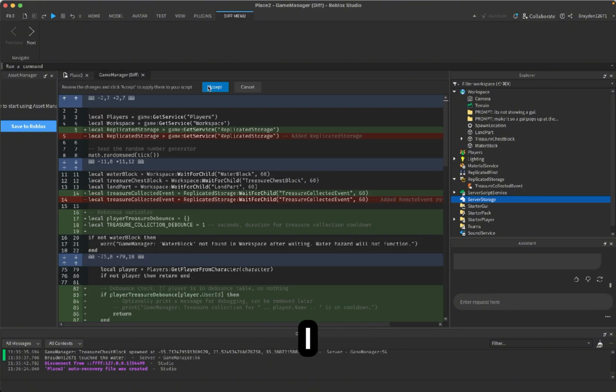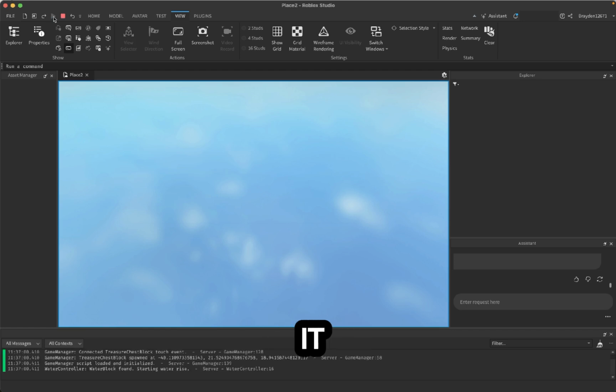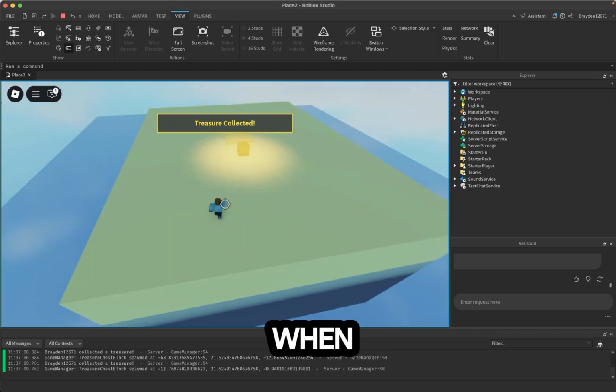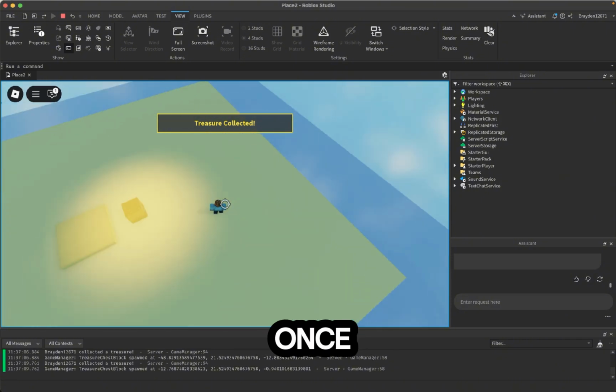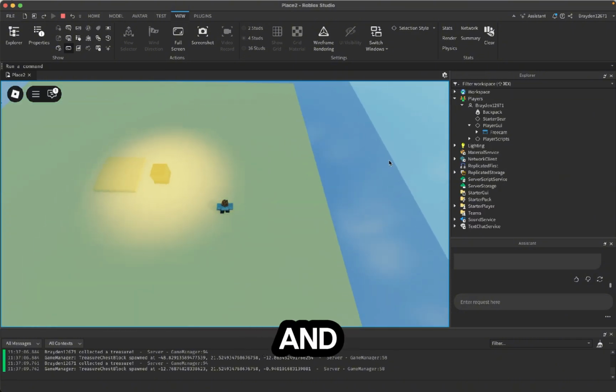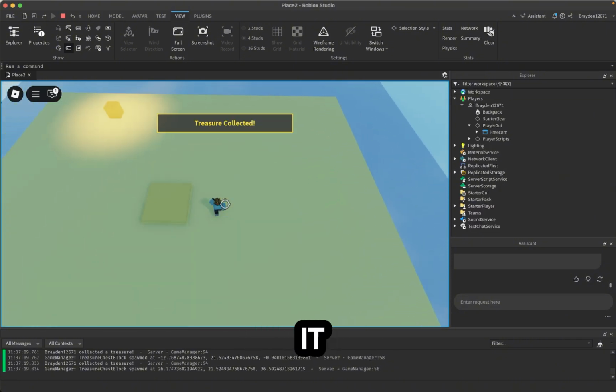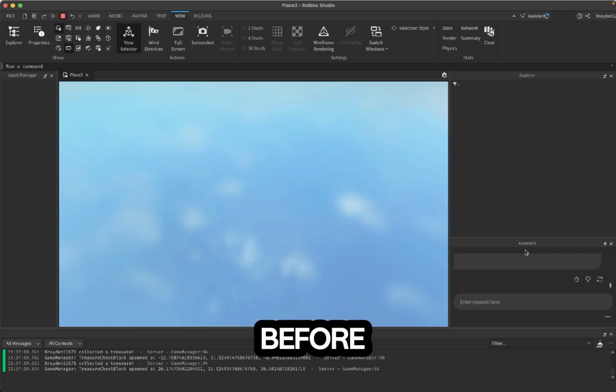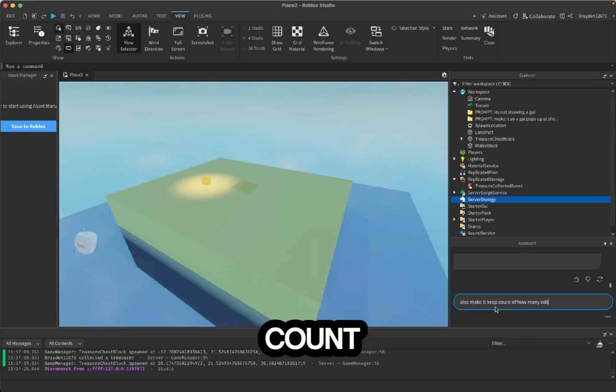After waiting a minute, I got this, so now I'm going to run it after applying that script. And it's working. Now you can see it only teleports once when the player touches it, and in player GUI, it's only making one instead of a bunch of instances like it was before. And now I'm going to tell it to keep count of how many times the player has collected the treasure,